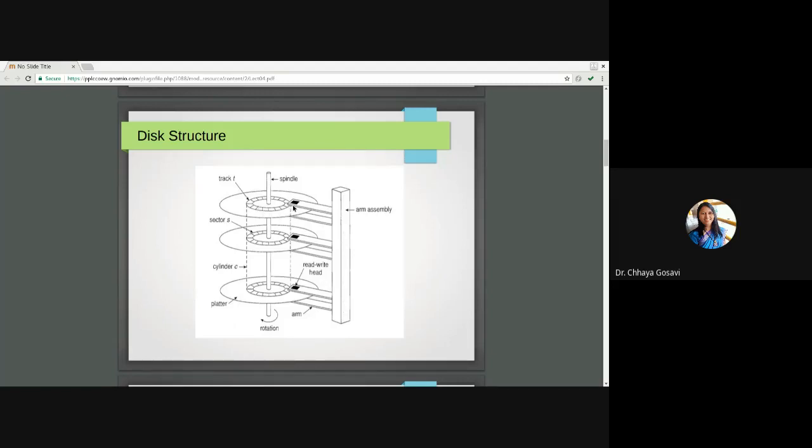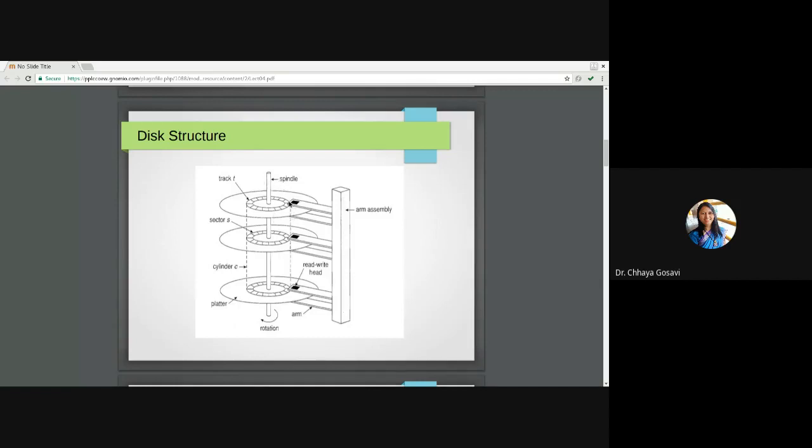And as we have seen in the video, the number of sectors in the innermost track is similar to the number of sectors in the outermost track. This is called the arm assembly. The read-write head is attached to the arm assembly. This read-write head moves in a horizontal direction from the outermost track to the innermost track like this, and backwards. And these platters move in a circular manner, rotating with the spindle.